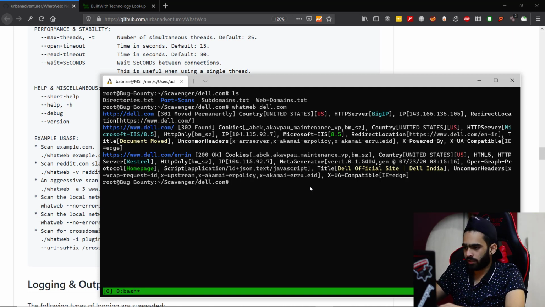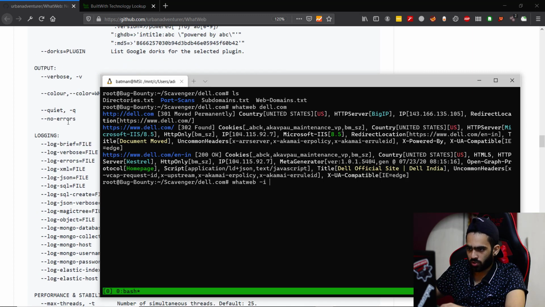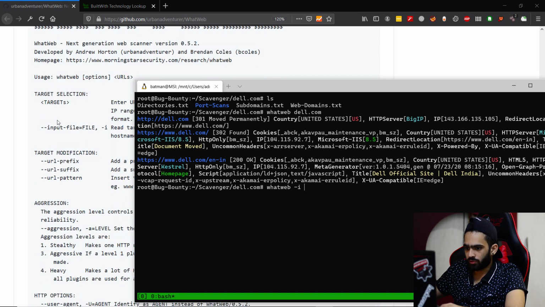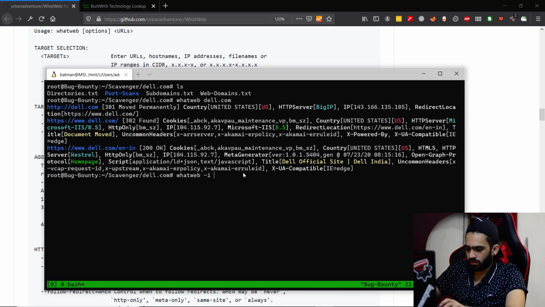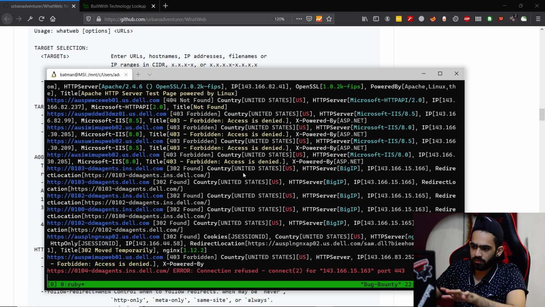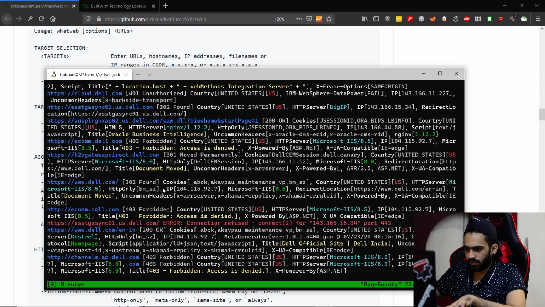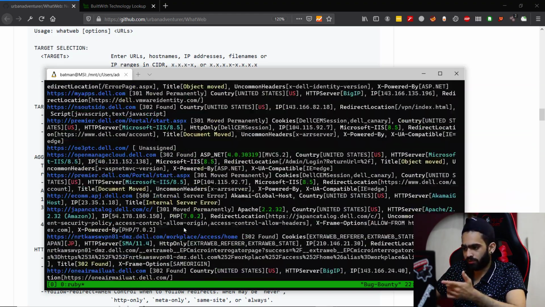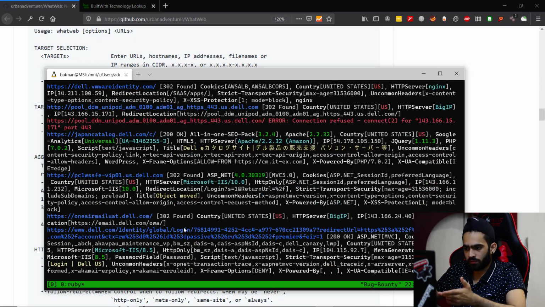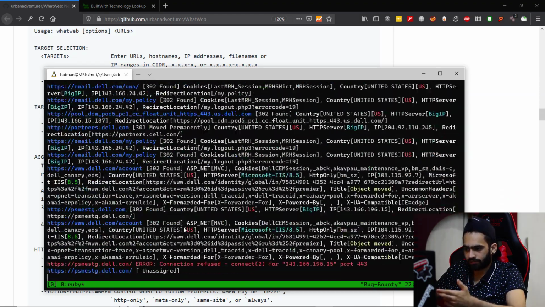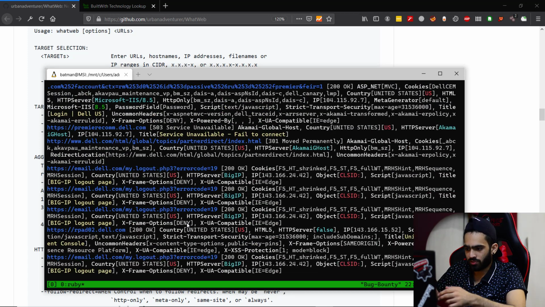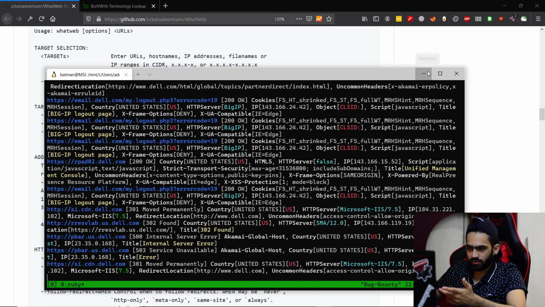And you can also provide our previously found list of subdomains with WhatWeb. -i, if I'm not wrong, is for the list of targets. Yeah, -i is for the list of targets. Now the subdomains file, and --log. Now it will work on each and every subdomain on the list, try to find the information about everything and save it in a file named whatweb.txt as we just specified. Let's just keep it running in the background.